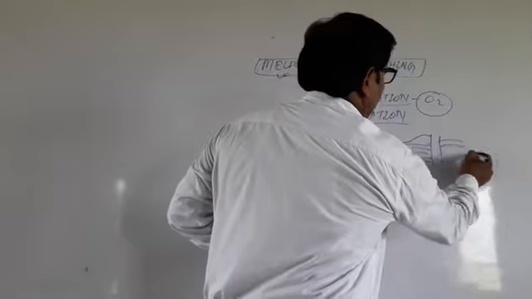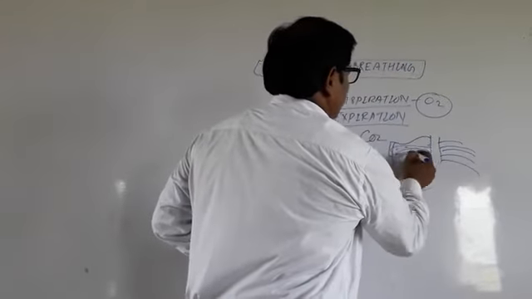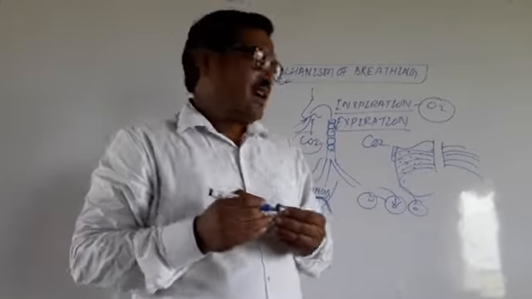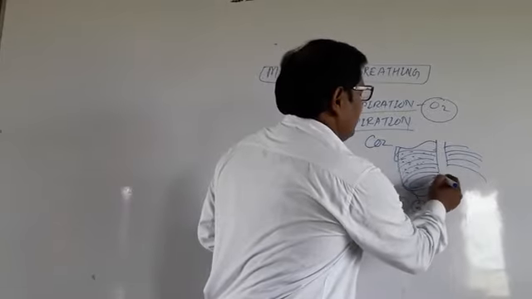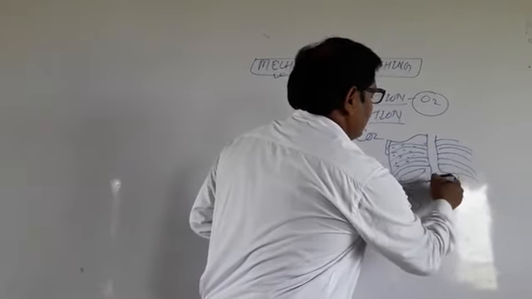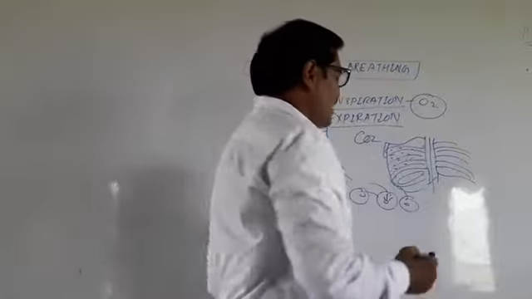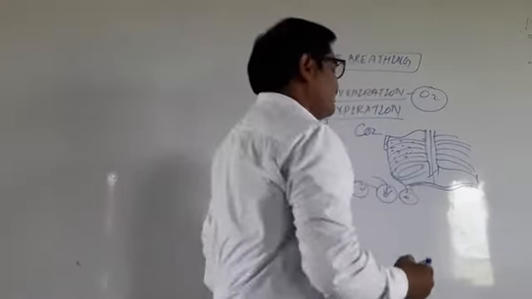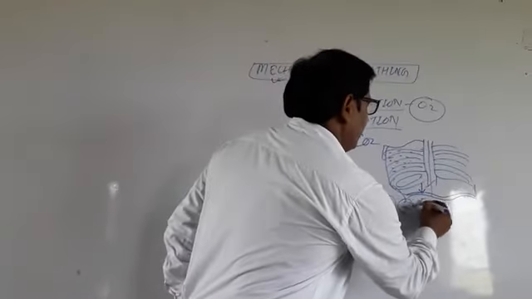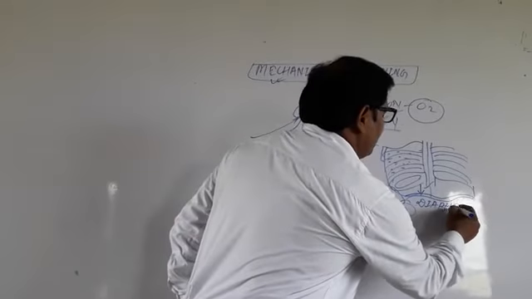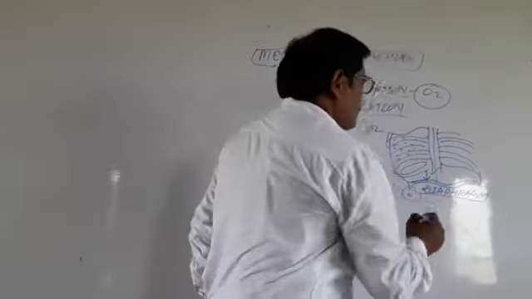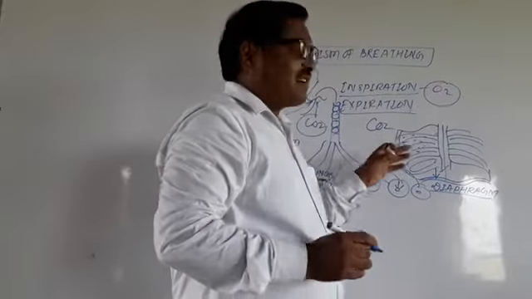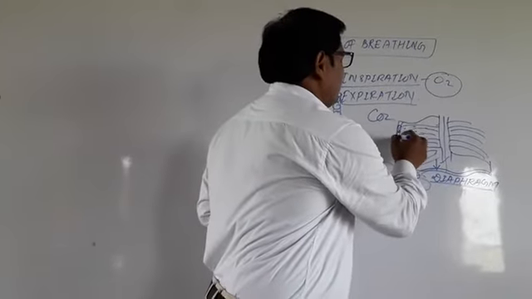Just above the ribs there are muscles. These muscles also have a most important role. After the rib cage, downwards, there is the sternum bone, and there is a layer of muscles called the diaphragm. So there are the rib cage, muscles above the ribs, and also the intercostal muscles, called intercostal muscles.